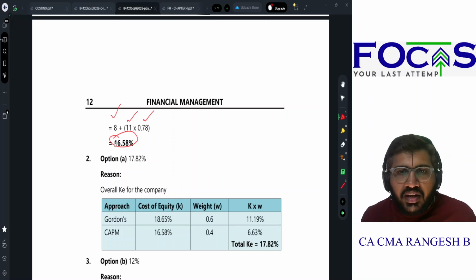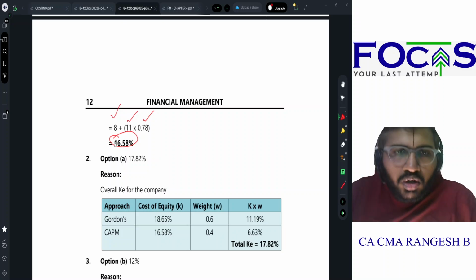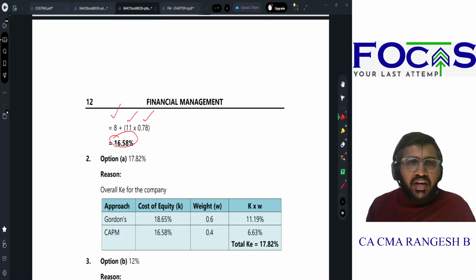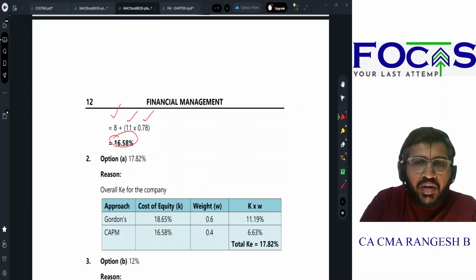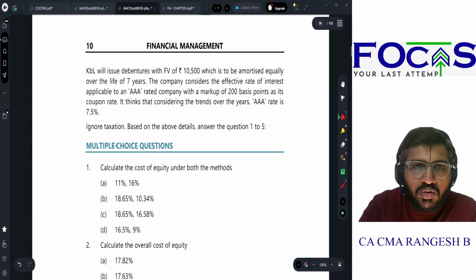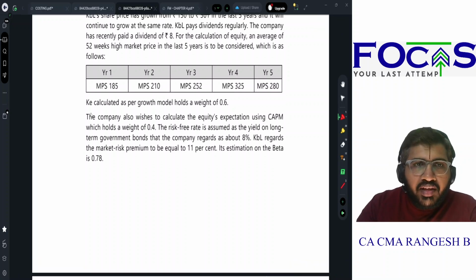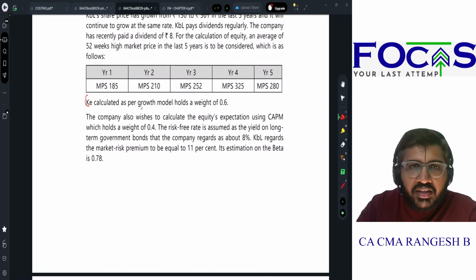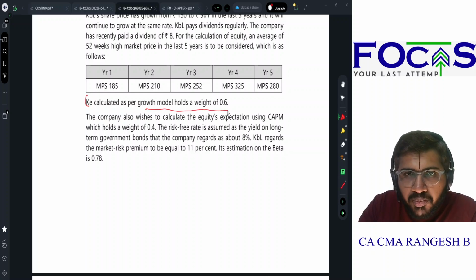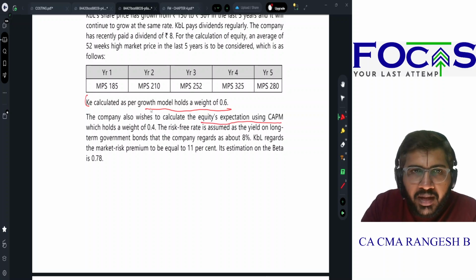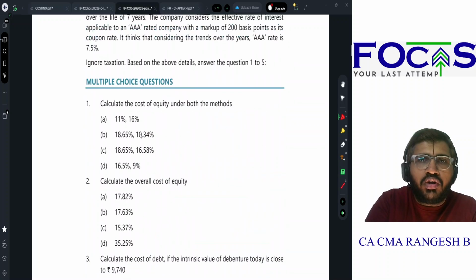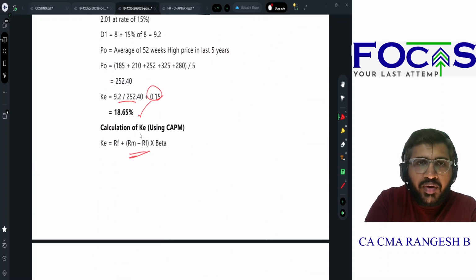Yes, understood? Super. So now what have they told you? They have asked you to calculate the overall cost of equity for the company. Correct? How do we calculate the overall cost of equity? So they have given you that KE is calculated as per growth model, holds a weight of 0.6. It also wishes to calculate equity expectation using CAPM model and holds a weight of 0.4. So my overall cost of equity will be